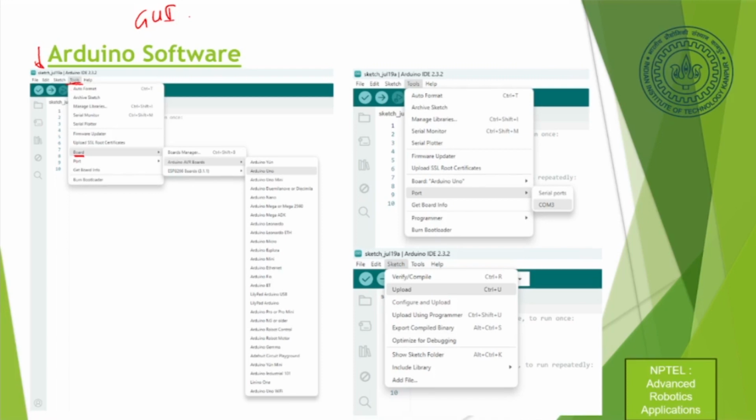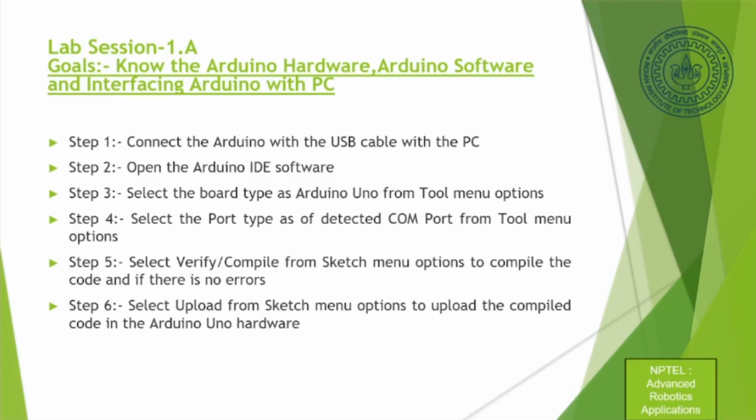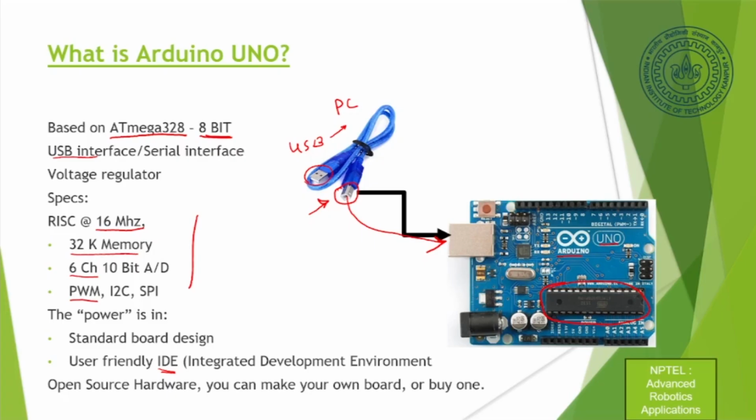So the way we are progressing, let me just explain and then come back here. First you download the Arduino IDE 2.3.2, then connect the Arduino with the USB cable with the PC or the laptop. I had shown it some time back. So this is the board, and this is the cable or the connector. One end of it goes in here, the other end goes into your PC or laptop. You make the connection and connect it to your board.